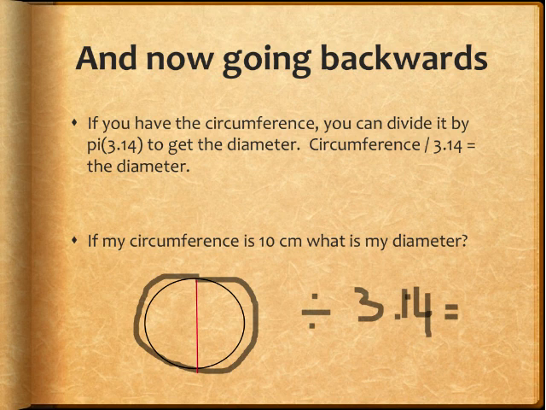So now, if the circumference is 10 centimeters, what is my diameter? So how am I going to figure that out? What's my formula? And I want you to write it down. I don't want to see just the answer on your page, okay? Circumference is 10, and I'm going to divide it by 3.14. And I'm going to get